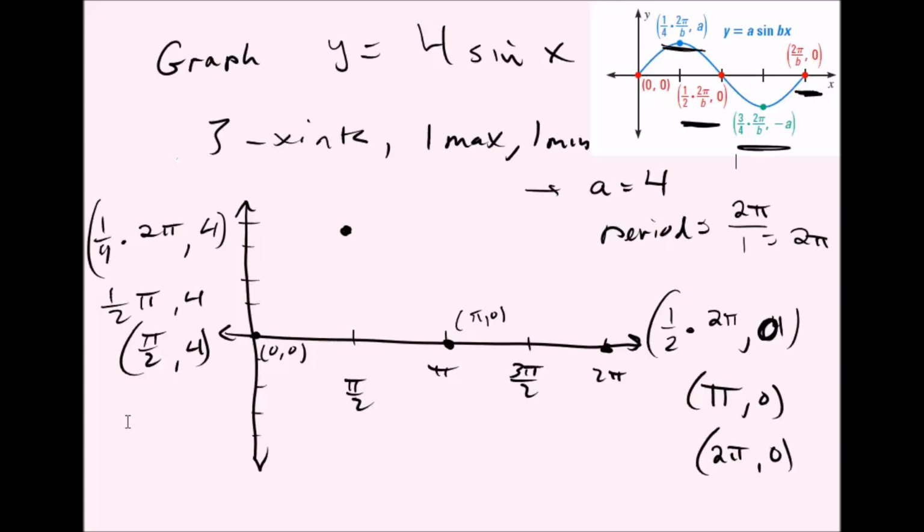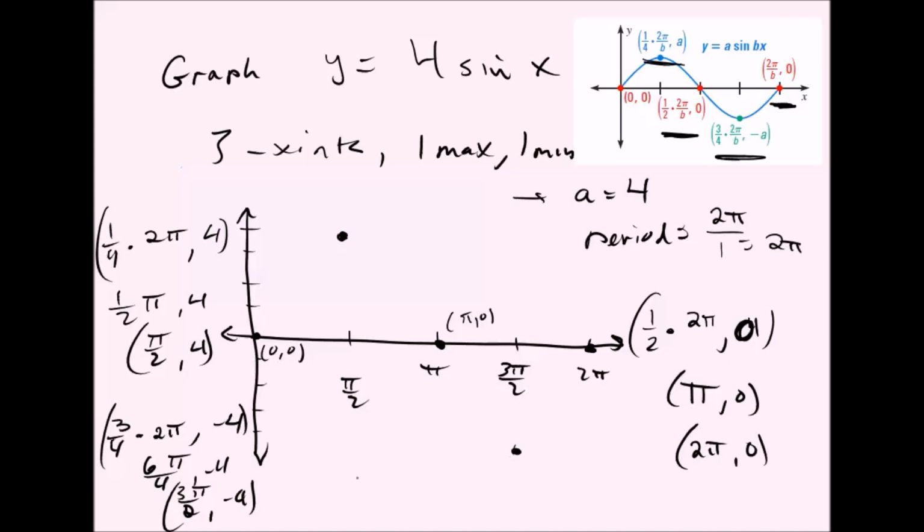And the minimum is going to be 3/4 times the period, 2 pi, or 2 pi over b, I should say, and negative amplitude, so negative 4. So we're going to have 6 pi over 4, comma negative 4, which is 3 pi over 2, negative 4. So we go over to 3 pi over 2 and down to negative 4, and we put a dot. The last step will just be connecting the dots. And that's going to be our sine wave. And it's going to continue on like that forever in the positive and negative